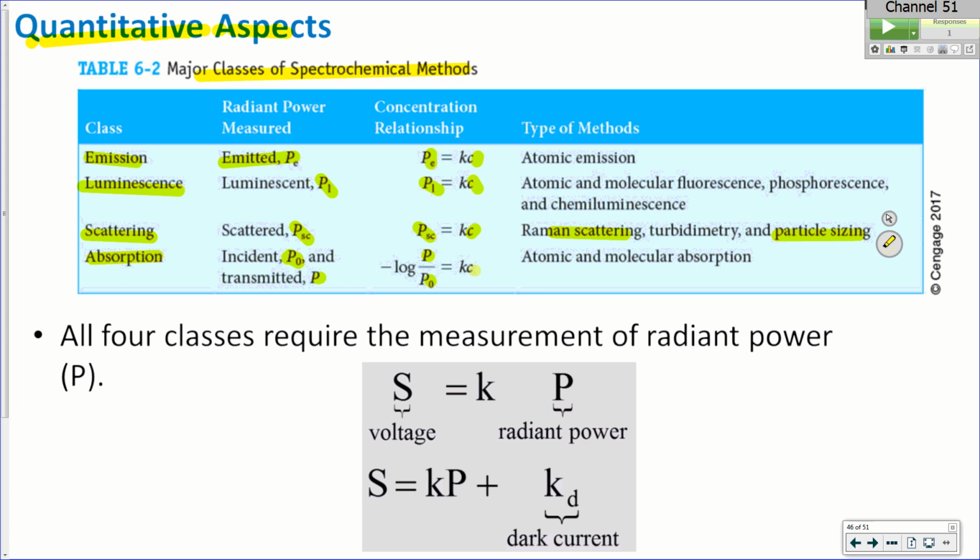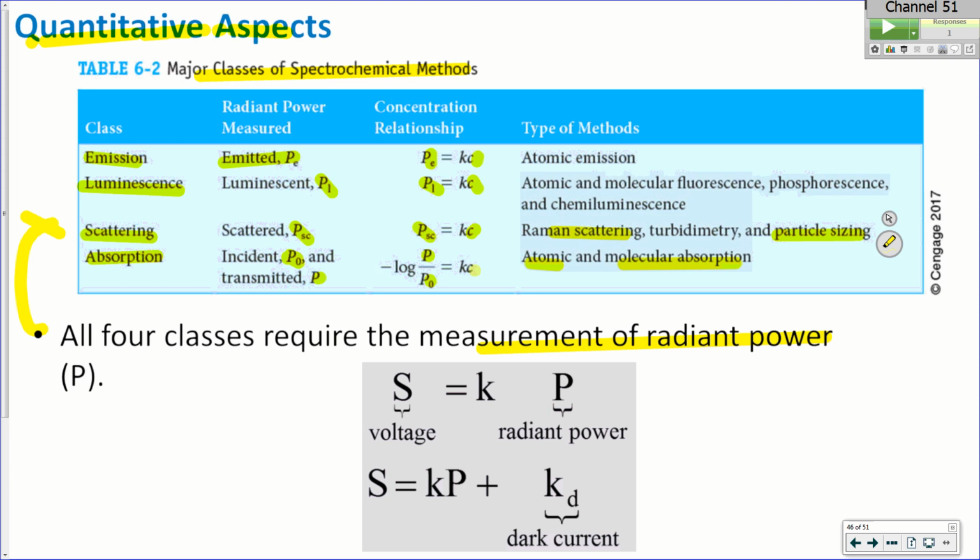It doesn't matter if we do atomic or molecular absorption, it works the same. Now, we've done this with 2 techniques in the lab so far with the Shimadzu. We're going to do it with another technique, doing molecular spectroscopy next week. On all of these measurements, any of the 4 above, it requires that we have a detector that can monitor the power of the radiation, either transmitted or emitted signal.